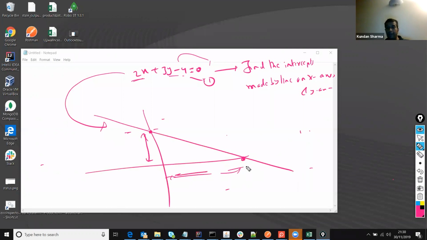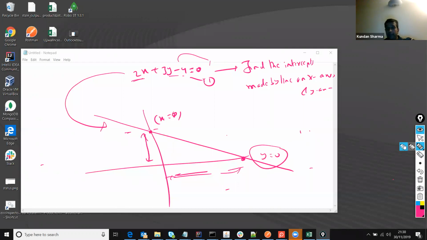Apur, is it clear to you? Yes. So if you have to find out the intercept made by the line on x-axis, we know for sure wherever the line will intersect the x-axis, the value of y coordinate will always be 0, isn't it? And wherever the line is going to intersect the y-axis, the value of x is always going to be 0, right? So if at all I have to find out, the other way could be,